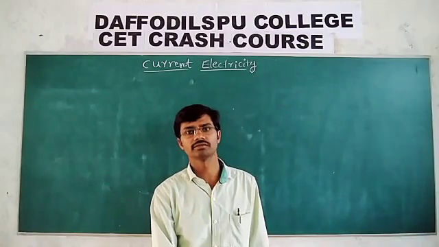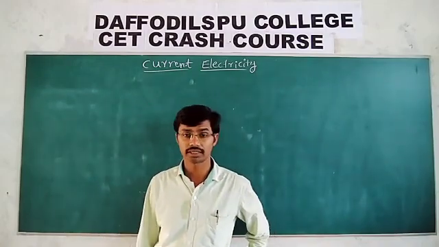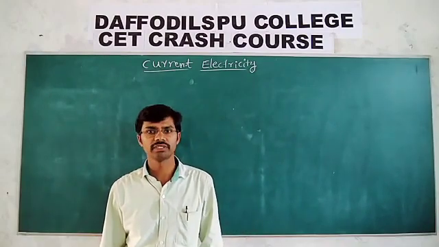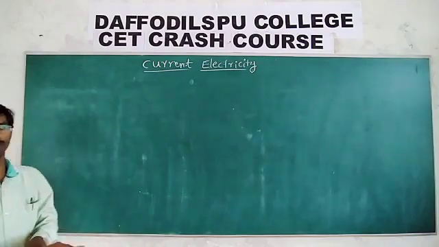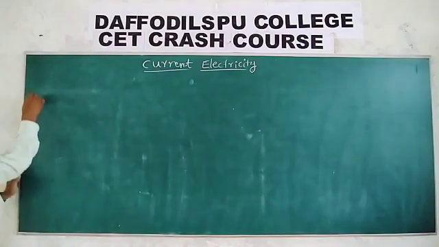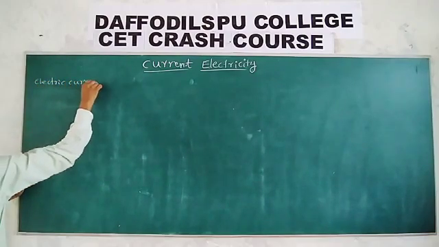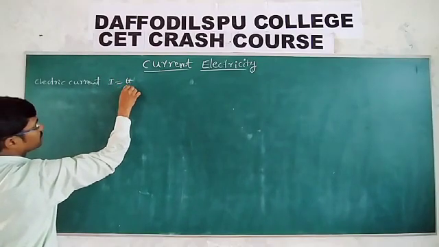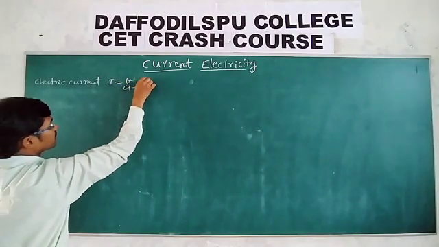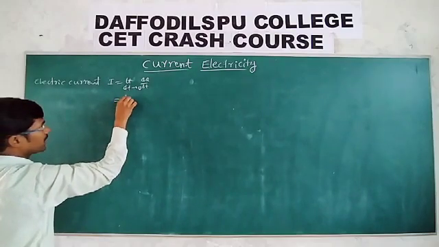Hello students, we have discussed capacitors and electrostatics, which covers electric charge, fields, potentials and capacitors. Let me start current electricity, which is the third chapter of second PUC. What do you mean by electric current? Electric current is nothing but the rate of flow of charge. If you take instantaneous current, delta q by delta t is nothing but dq by dt.